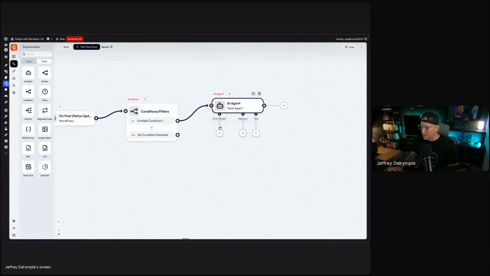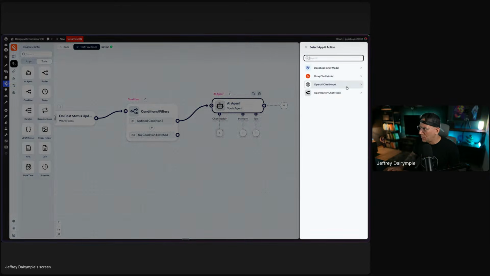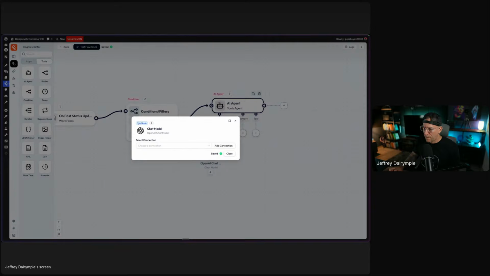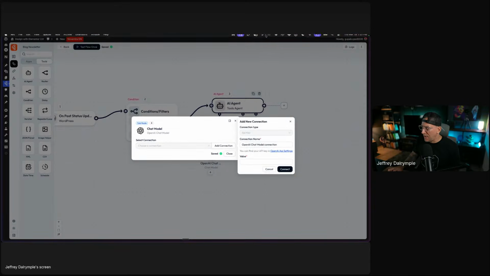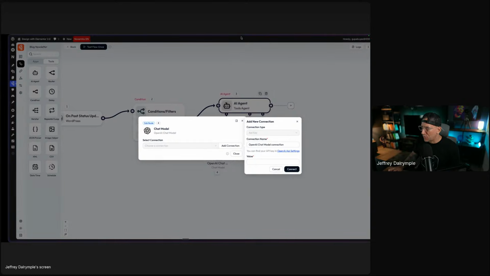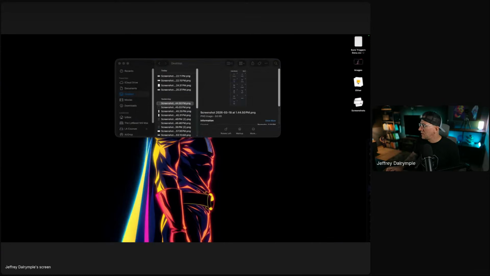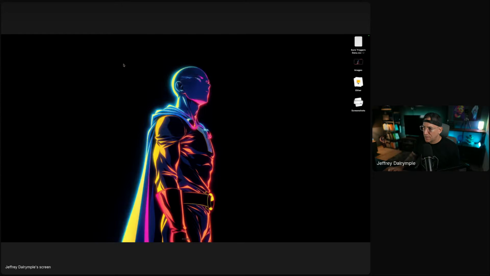Now I'm going to have to connect my ChatGPT real quick. Ah, that's right. Okay, I am going to go off screen on this one. Let's go and grab my API key. Got to do some login stuff over here, looking on my second monitor.